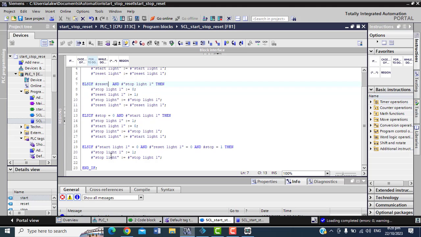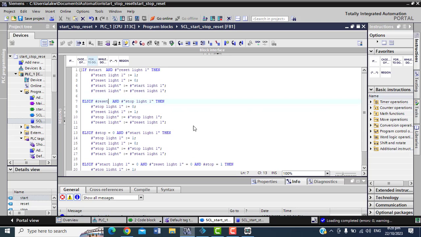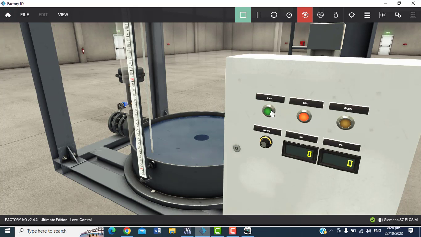Let me input 1 equal to start light, and then of course here. So see what you can do now. Since you know it is met, you have stop light 1 equal to 1. See here now, it will be true. So the only way, if you do not press reset, is to make everything that is here happen, right? If you press anything, it will not be reset, it will not work. For example, if I press start, of course it will not work. If I press stop, of course, it is the same, so it still will not work.